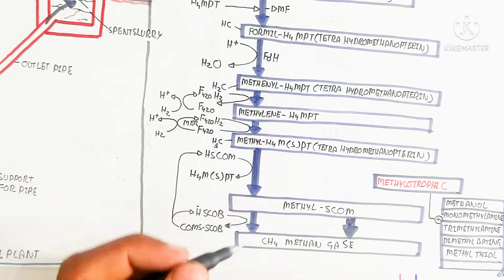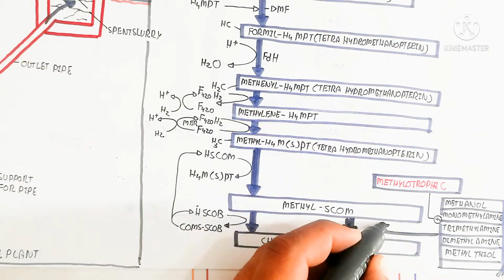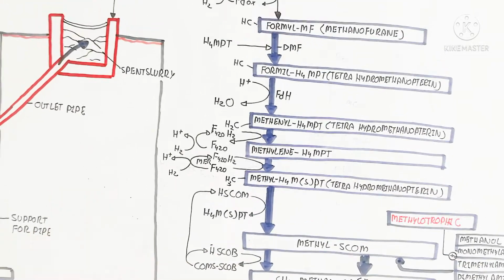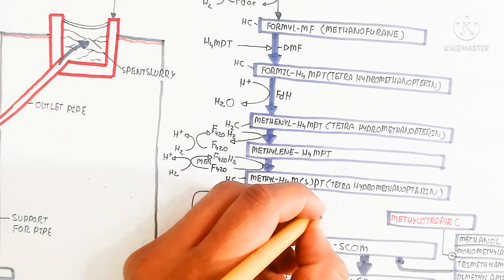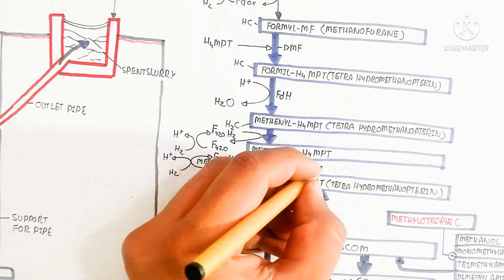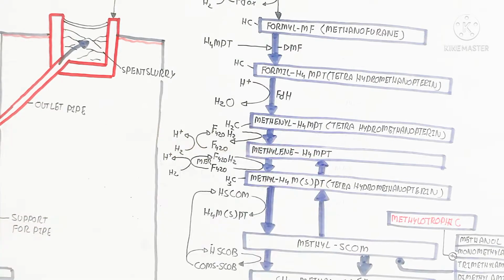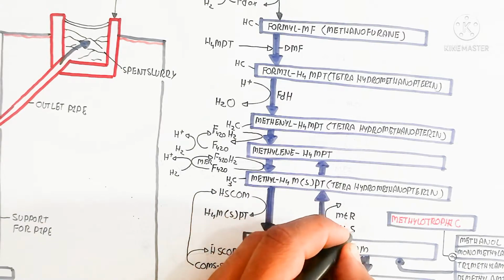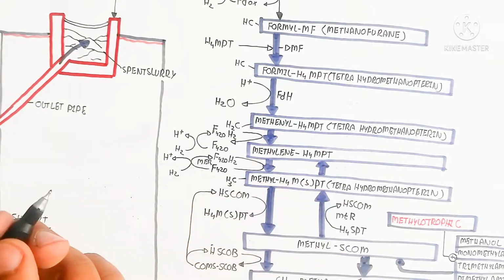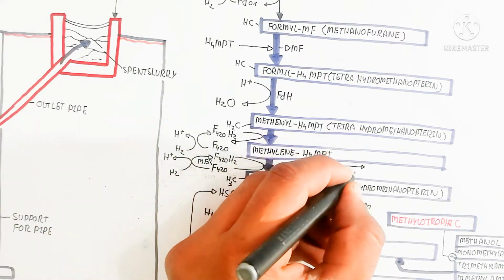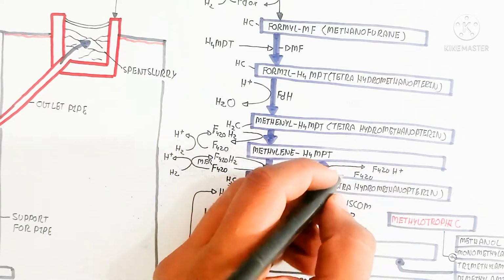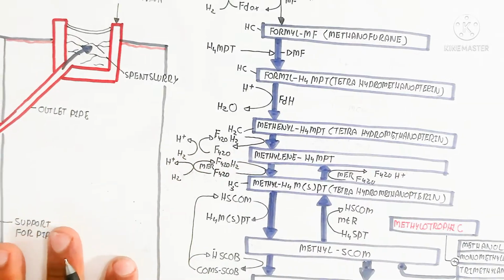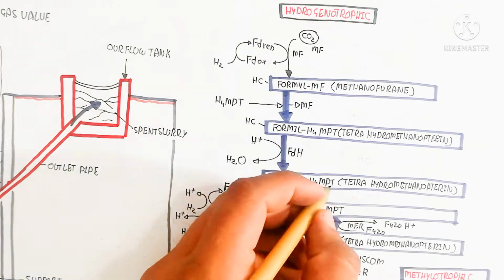And as you can see, this is the MCH that will be formed. So remember about that. The methyl coenzyme M will be separated, and the methane formation will occur because the methyl coenzyme contains hydrogen,